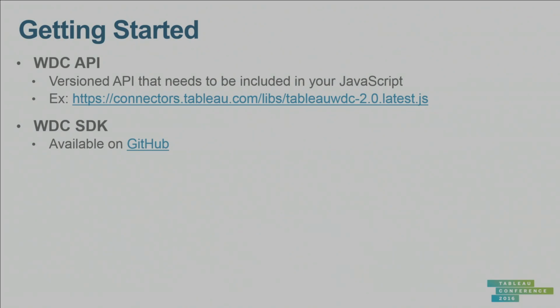The second thing you'll need in order to do development is the Web Data Connector SDK. SDK stands for Software Development Kit. This is available on GitHub, and it's open sourced. So this is the starting place you'll want to go to when you begin development. The SDK contains a lot of useful things. The first thing it contains is a bunch of sample code. We've written a ton of nice samples that will help you get up and running and do various different things.